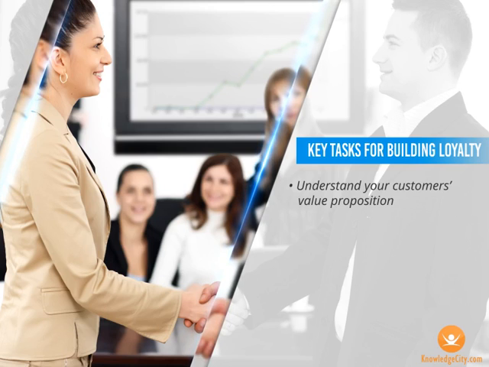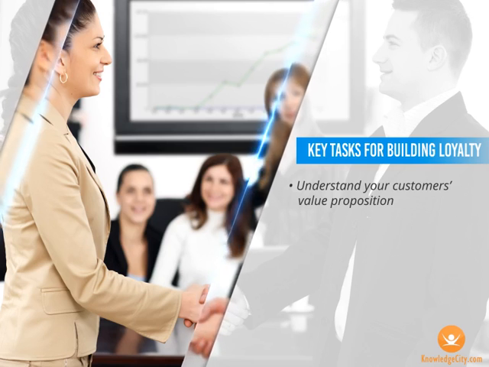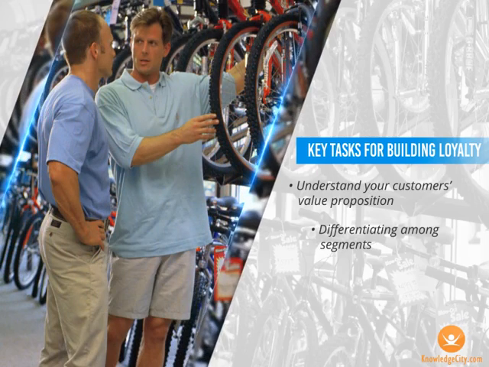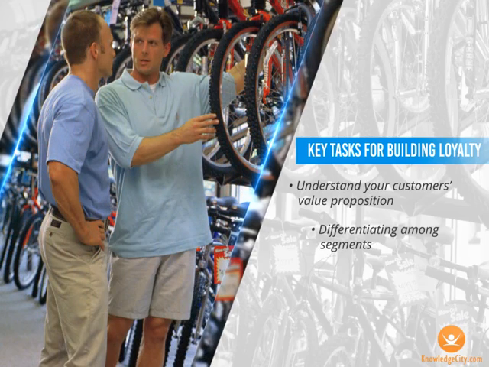When assessing a customer base, companies should expect that the value proposition is not the same for all customers. So it is also important to determine whether there are segments of the customer base that are different in that regard. Keeping in mind the Pareto principle, or the 80-20 rule, companies should expect that roughly 20% of their customers generate 80% of their revenue. If you have actual numbers, so much the better, but if not, then this provides a rough approximation. The task then becomes one of determining the value proposition and characteristics of the 20%, as well as understanding the other 80% and why they do so much less business.